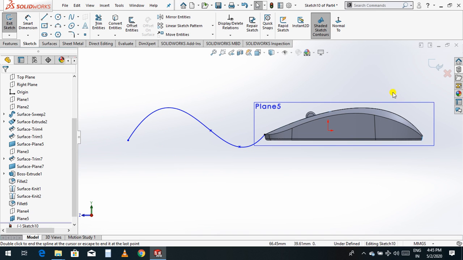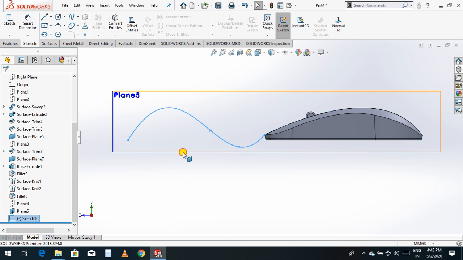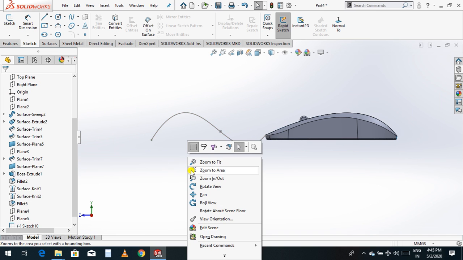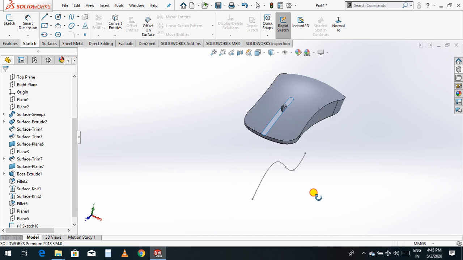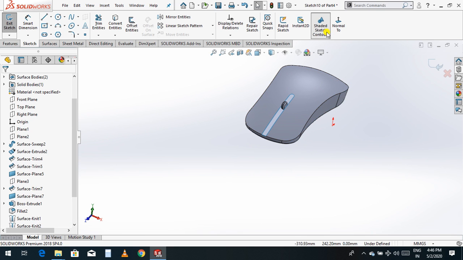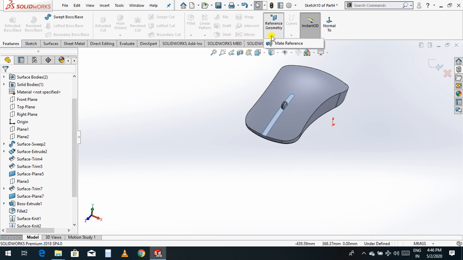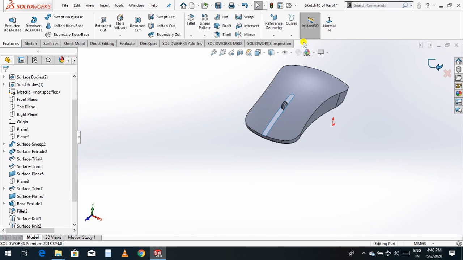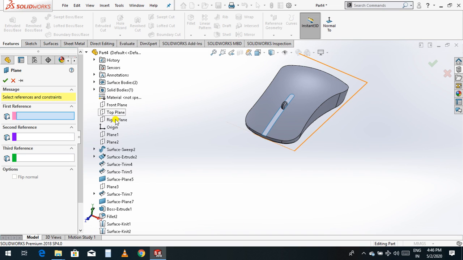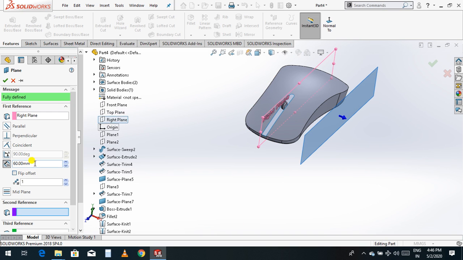Now what I have to do, just click OK, hide this plane. Now just rotate. Go back. I think the plane is not in center, so that is the reason. Anyway, go to feature, select plane, exit from sketch, select plane, and select the right plane, and give a distance 0, so it will be on center.